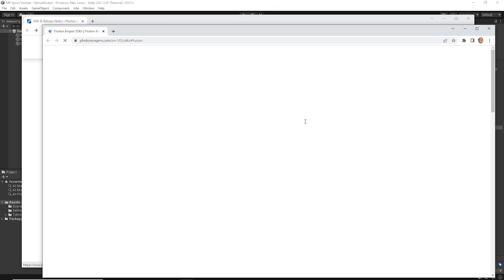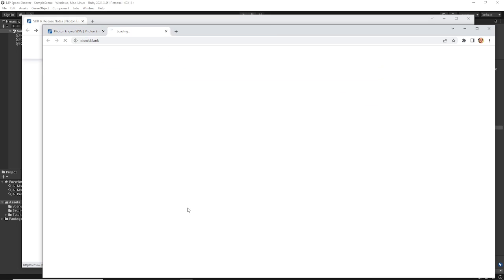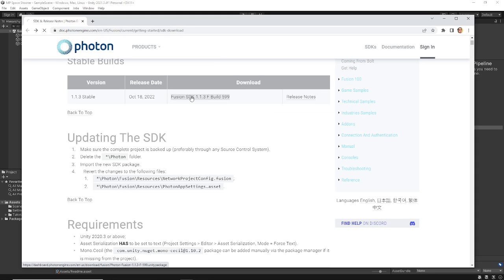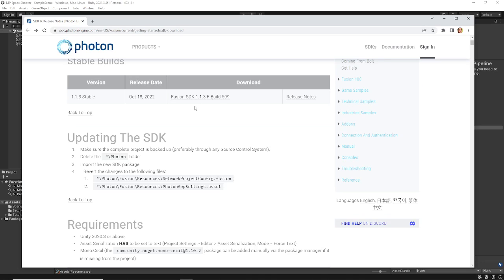It'll probably be different by the time you get to this video. You'll click on the Fusion button here, you'll click on the Get Fusion SDK button there. It's going to load for a second also. That's going to get you to this particular page. You'll click on this button to download, but you have to be logged in for that to download. And I can't remember my password, so